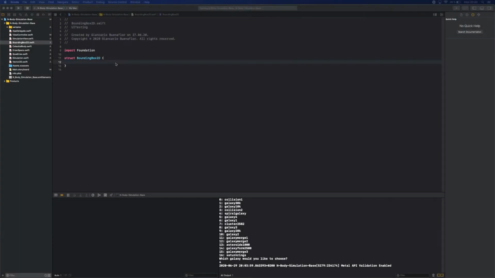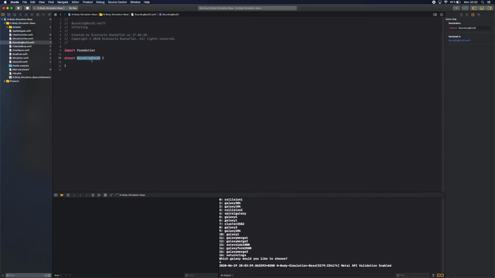Okay, so let's start off where we left off last video. As I said before, today I want to continue with creating our bounding box. And what is our bounding box? Well, this is just in our Quadtree. This just represents a square. Okay, so this represents a square, and there's many ways of